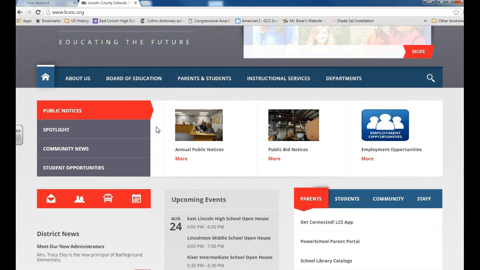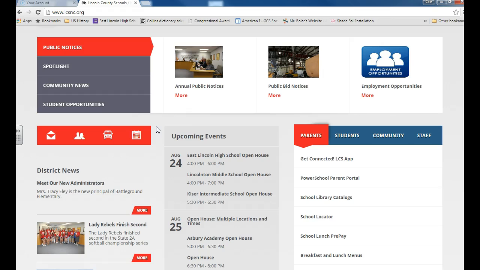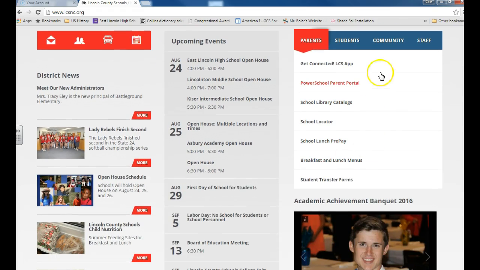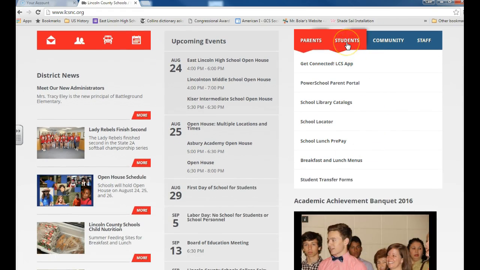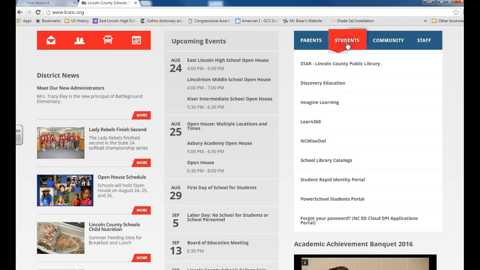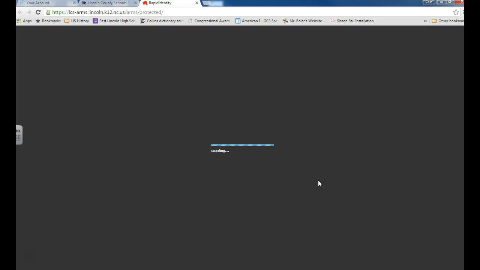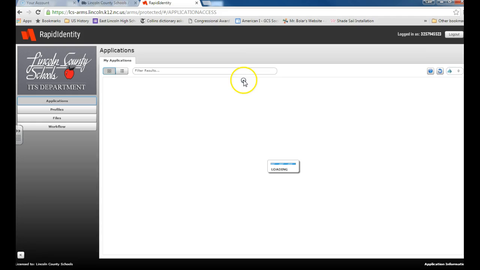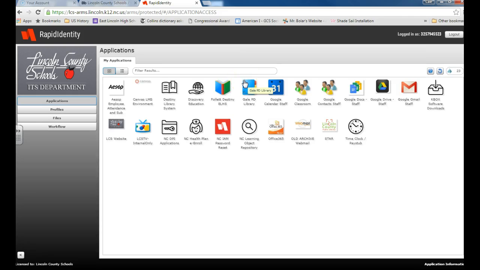When you come in, I want to actually access it just a little bit differently. Scroll down here, and you can click on the Students tab over here, and you're going to go down here to the Student Rapid Identity Portal. When you click on it, you're going to have to enter your UID number and your password that you set up last year